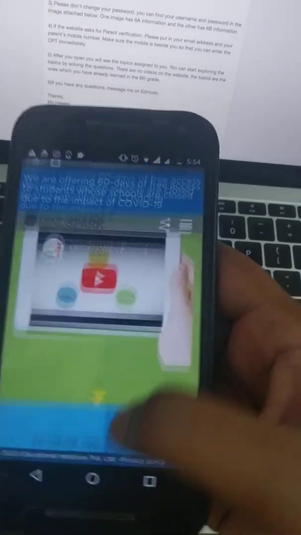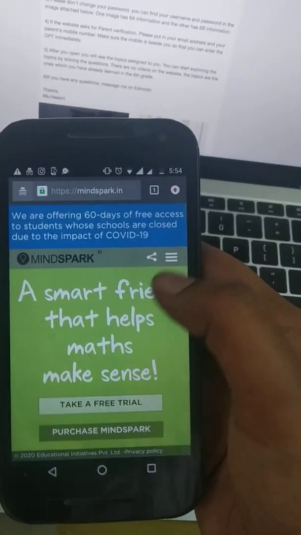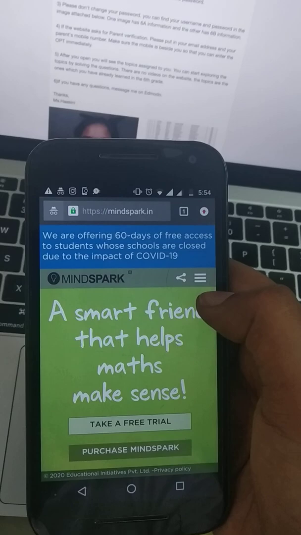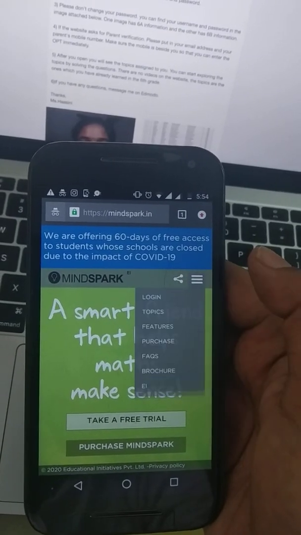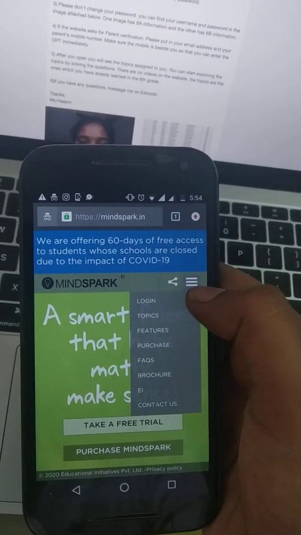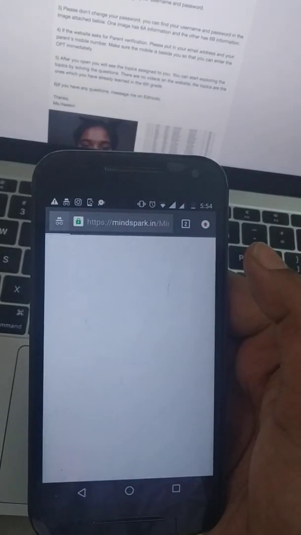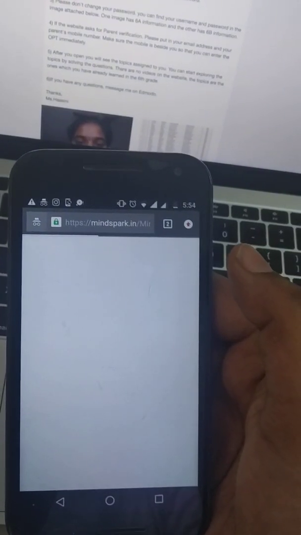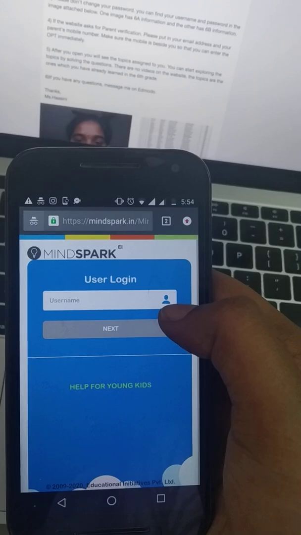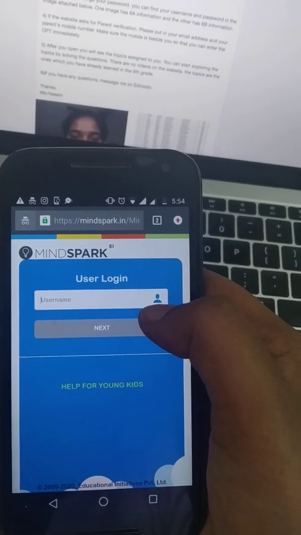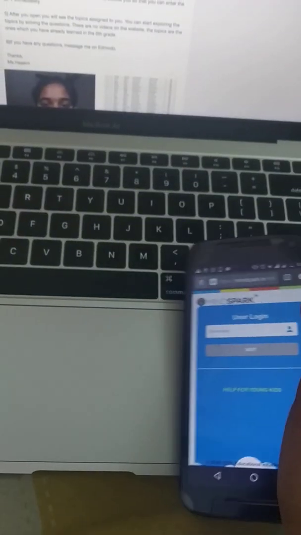Now a lot of you are searching where is the login button, right? So if you see this 3, right? If you press on this particular thing, you will see login on the top. So go to login. Yes, that will lead you here. Now I have to type a username. So as I told you, I am going to use Dashmi.